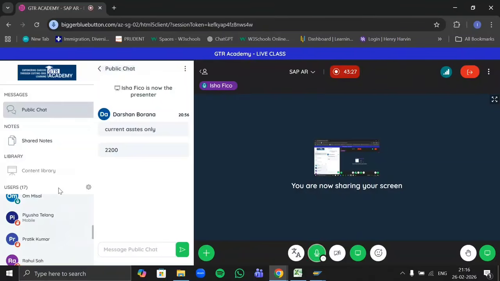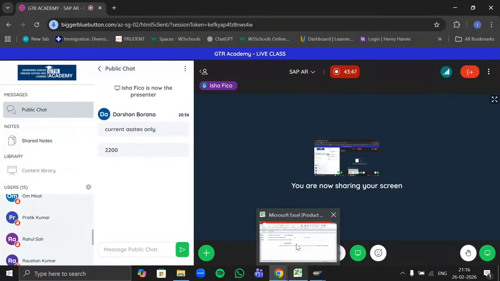Whether I'm a customer or a vendor, both have the same name. So that is what maintaining your central master data is: all the basic details of your customers and vendors. But this concept was not there in ECC.